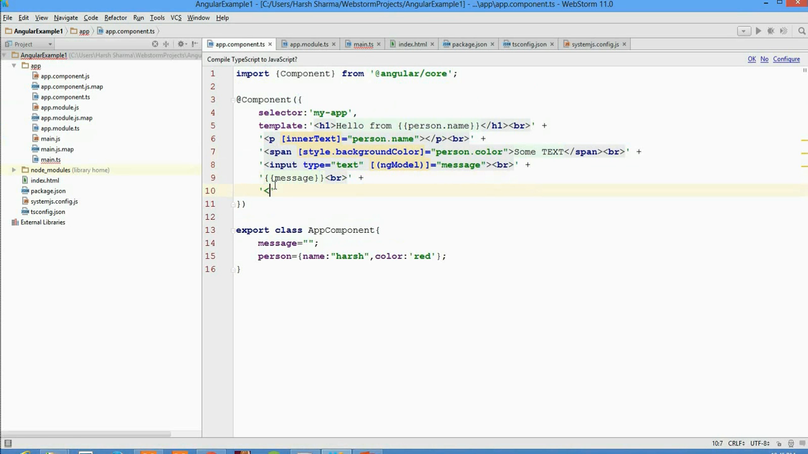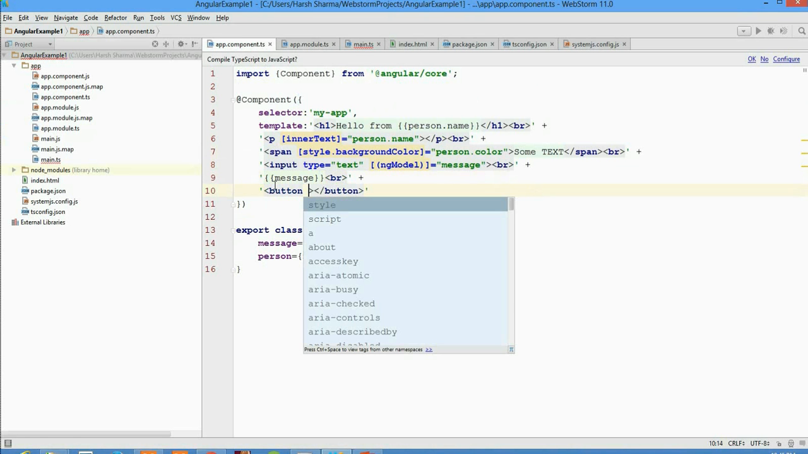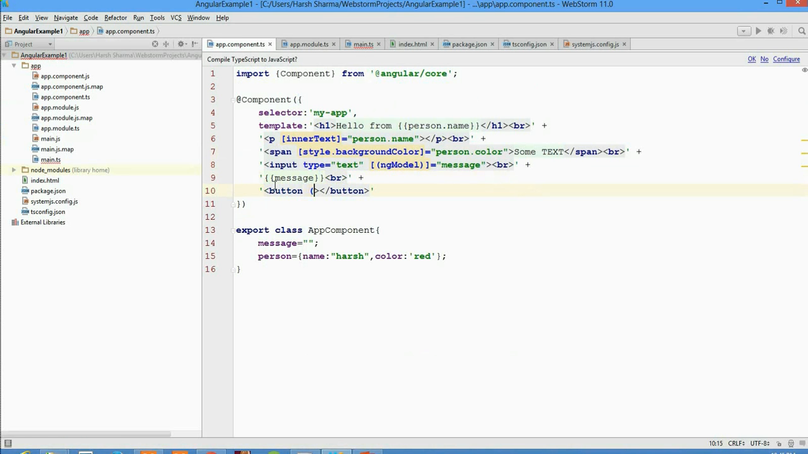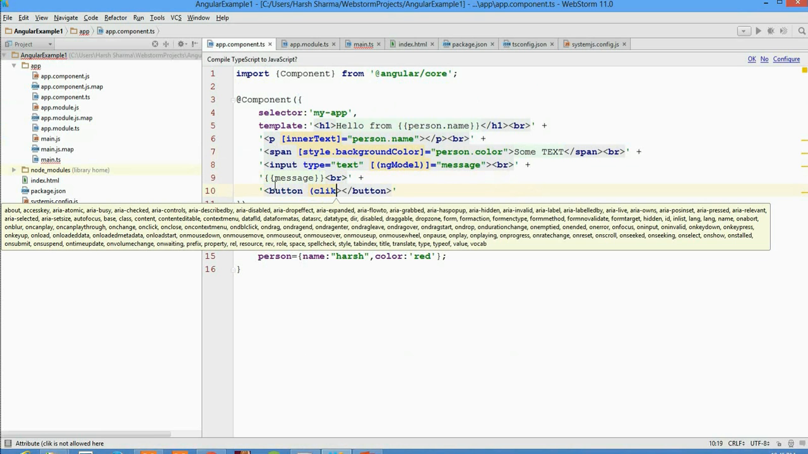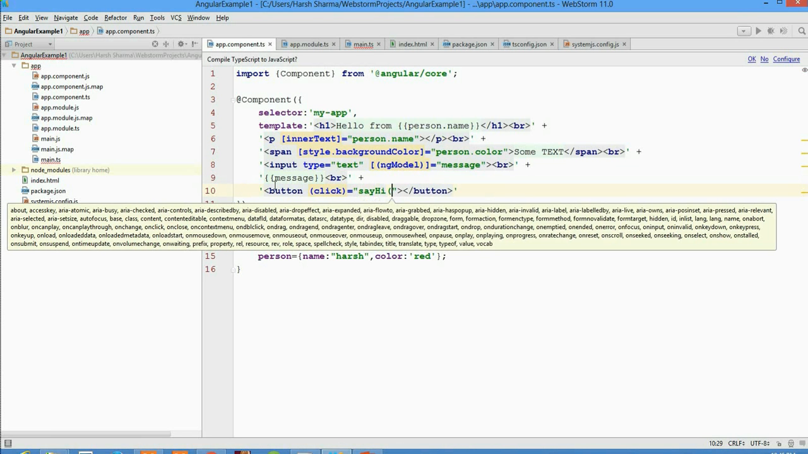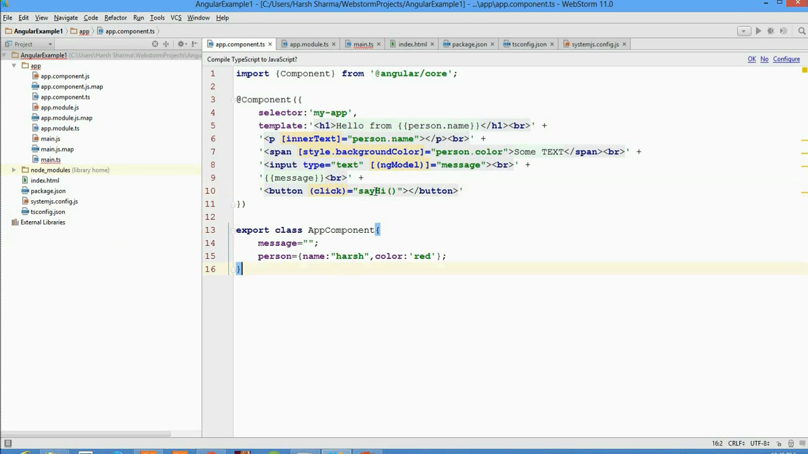Now the last is event binding. For that, I'm creating a button and binding a click event and method say hi. So this method is invoked when we click on this button, and I name this button say hi. Under this app component class, I'm writing the method say hi here. So let's define this method,